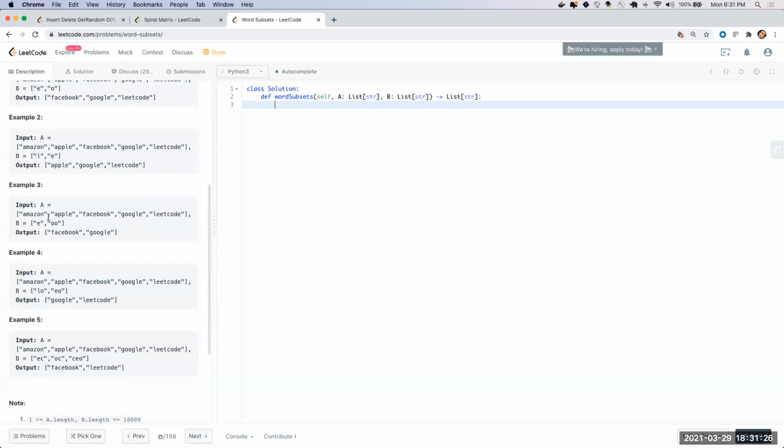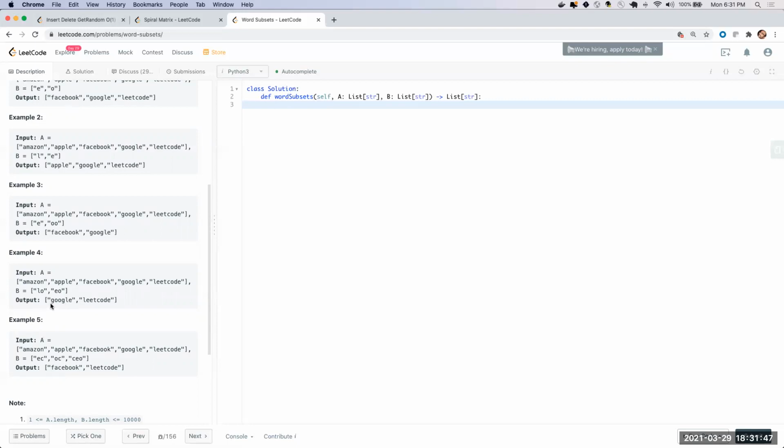Third, fourth, and fifth, you have E and O, and O, right? So by default, Amazon will not be E-O. Amazon does not count because it doesn't have 2 O's, right? Yes. And it doesn't have an E. So it failed both conditions. It needs to have E also and O also. And LeetCode wouldn't count as universal because it has no double O's. Right. It doesn't have 2 O's.